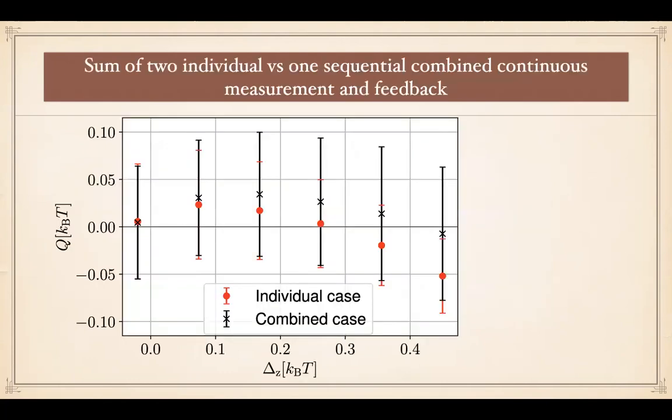And this is the plot for the individual and combined case in combined measurement. You see that the red dots and black crosses give you the individual and the combined case, and the line gives you the standard deviation or the fluctuation in the outcome. We see that for almost every value of delta G, the combined case is better on average than the individual, the parallel measurement and feedback. So both discrete and continuous measurement validate this argument that the collective effect gives you a better cooling effect in the 2 qubit setup.